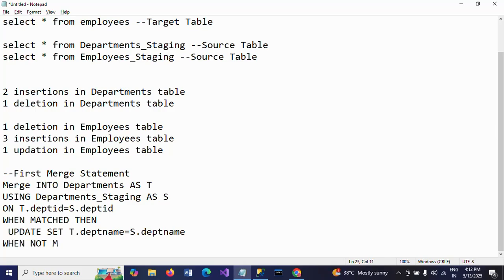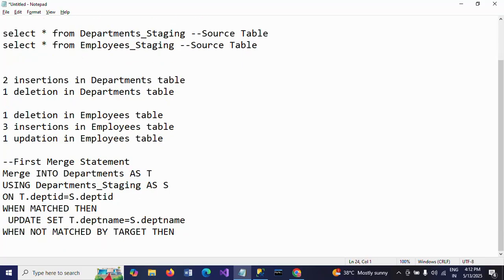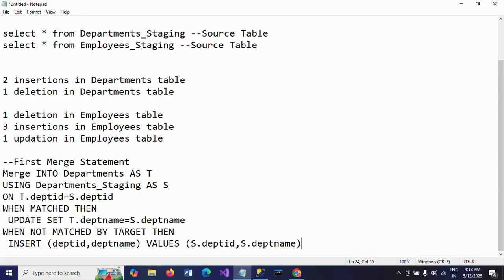when not matched by target, then you can write insert statement. I'm giving column names deptid comma deptname, insert into these two columns. Okay, values I want to insert S.deptid, S.deptname. So when not matched by target,